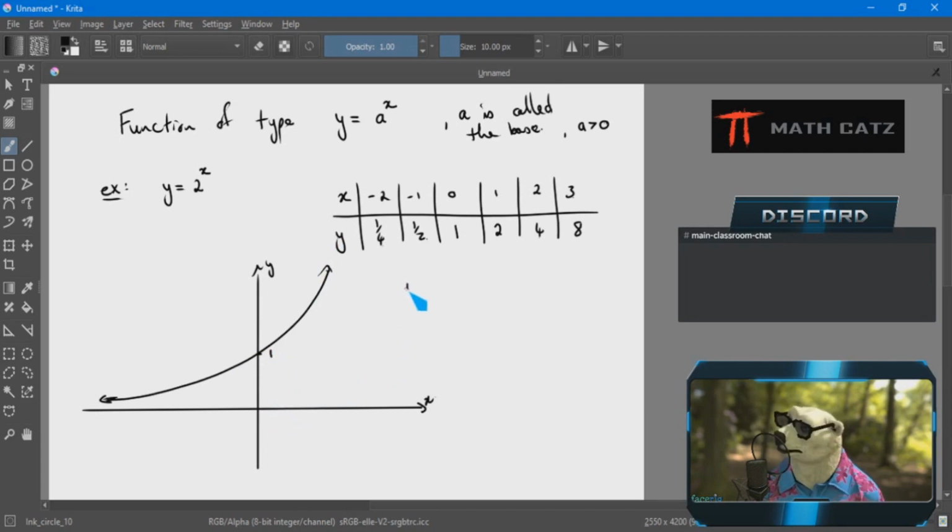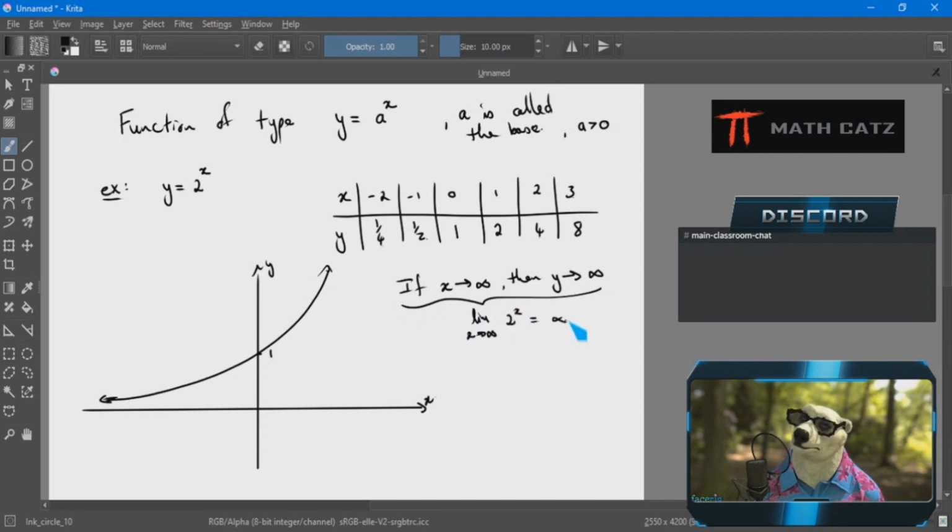So some properties: if x approaches positive infinity, then y also approaches positive infinity. If the x values get bigger, the y values get bigger. It doesn't matter how fast, it's just the direction that it's going. So I could, if I wanted to, summarize this by saying the limit as x goes to infinity of 2 to the x is infinity. Also, if x approaches, not 0, negative infinity, I'm going far to the left, then